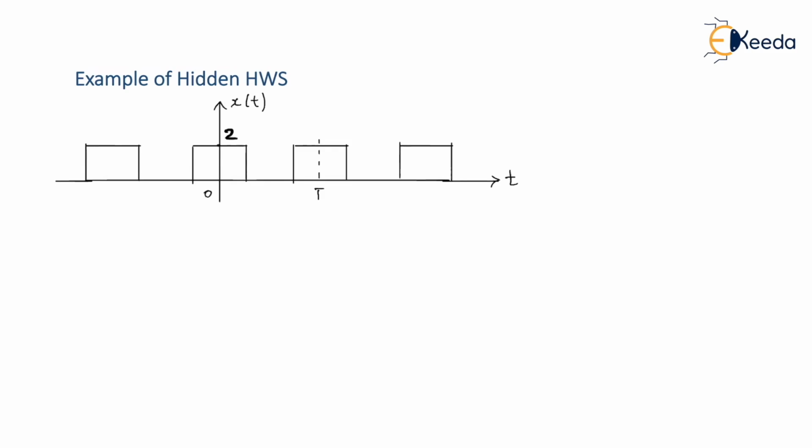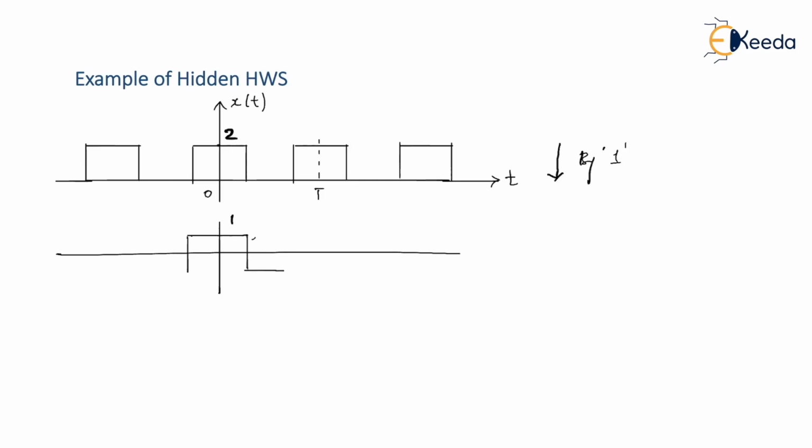Suppose I shift this signal towards the downward side by 1. So if I move this signal downward by 1 unit, let us figure out what type of figure I'll get. Since it is shifted downward, the new amplitude over here will become +1. And by the same quantity, it has now been shifted downward, so the maximum negative value will be -1. So maximum positive value I'm getting is 1, maximum negative value I'm getting is -1.